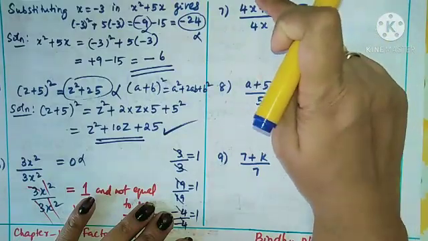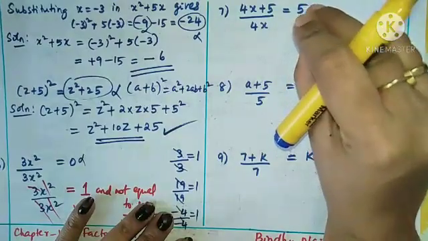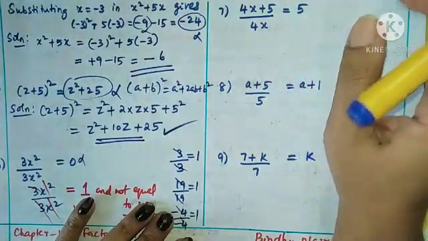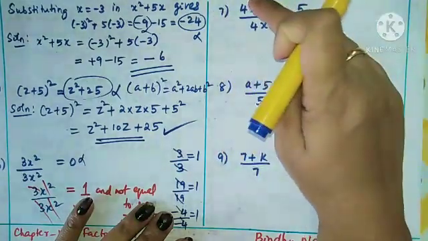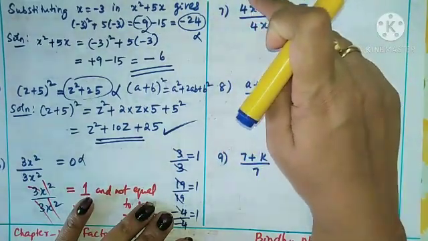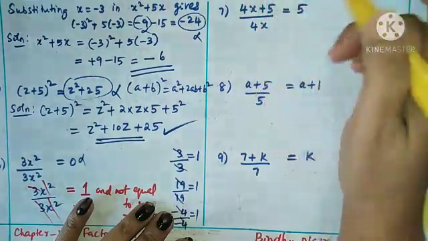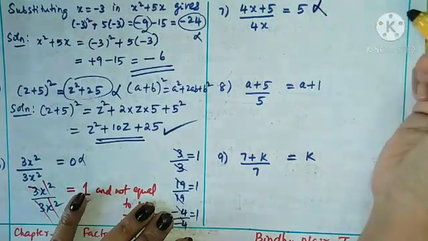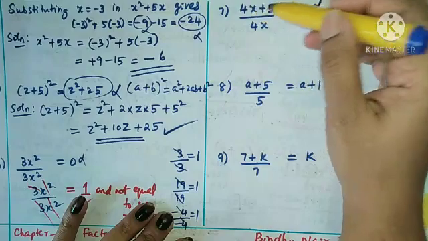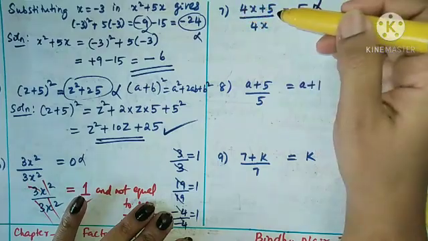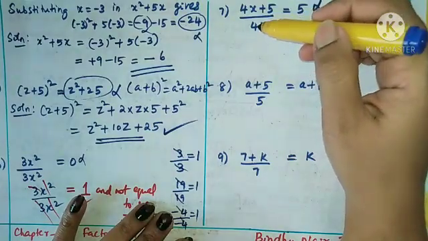Here you want to see that one plus sign is there. We can only cancel when there is a product of factors. But here one plus is present, so you cannot cancel this 4x and 4x. If you cancel 4x and 4x, you will get the remaining 5 as the answer, but that is wrong. So don't do that. Always check whether it is multiplication or addition. So here we cannot do this cancellation.